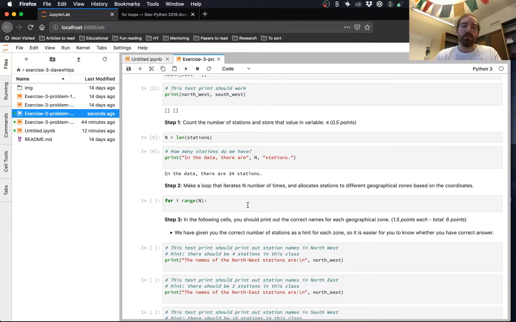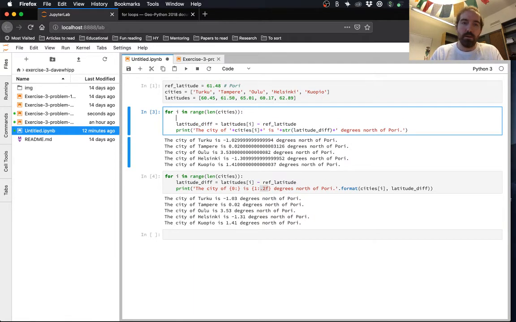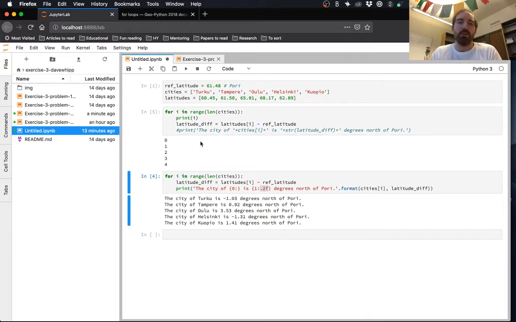Yeah, so I guess if I just jump back to our other example for a second here, the value of i, if we print it out inside here, so I'll just print i in here. I've commented out our printing out of this nice information about the different cities, and all we're going to do is print out the value of i. So when we go through the loop, each time, first time through i is equal to 0, next time i is equal to 1, then 2, 3, 4. Okay, that kind of makes sense.